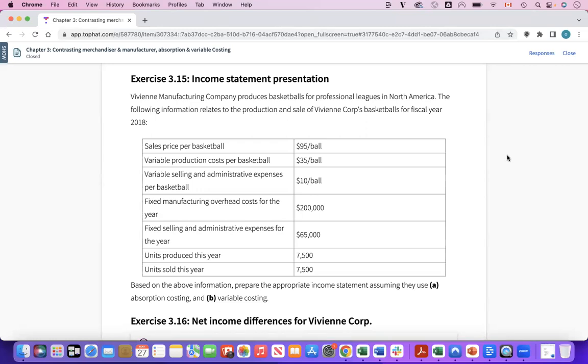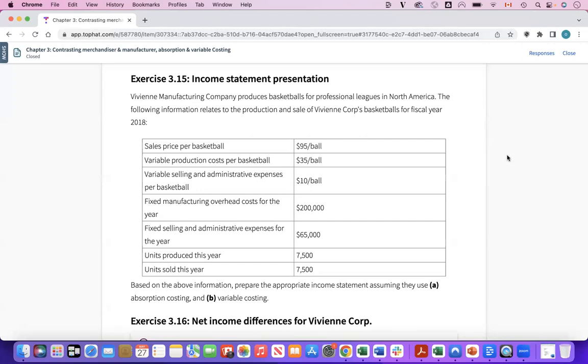But you see the information here. Sales price per basketball of $95 a piece. Variable production cost per basketball of $35 a piece. Variable selling and administrative expenses per basketball of $10 a piece. Fixed manufacturing overhead costs for the year, so not per unit or not per ball, 200,000. Fixed selling and admin for the year, 65,000. Units produced this year and units sold were